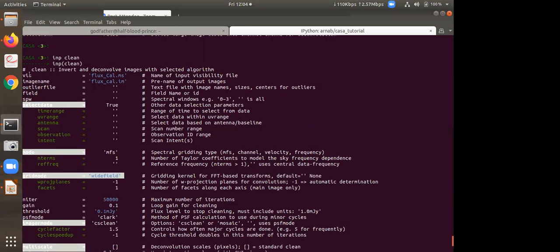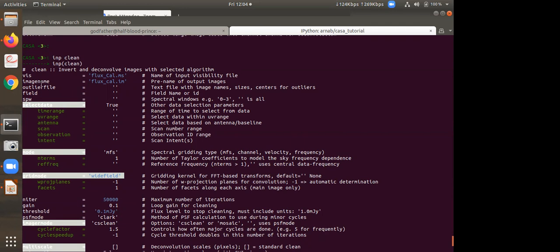The first option is the visibility that you want to image, and I have already split the flux calibrator, which has been calibrated. I applied that calibration to the calibrator and the target, split the flux calibrator only, and I want to image the flux calibrator, which is 3C286 for your dataset. That is the name of the input visibility file.